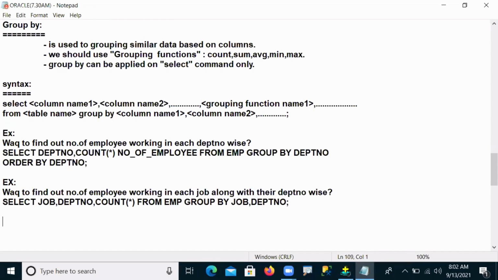Next, one more example we can see now. One example I'm showing with all aggregate functions, that means all grouping functions. Now, write a query to find out